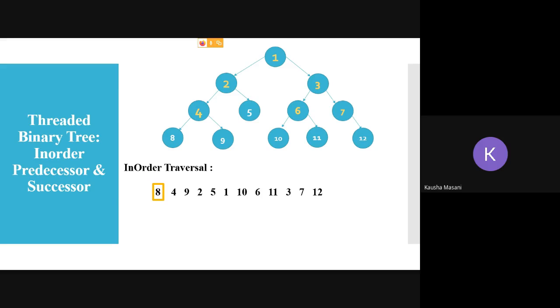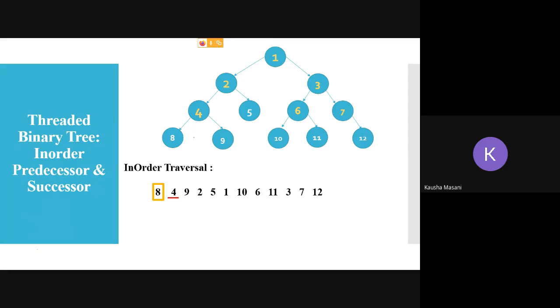Which is the in order successor? 4. Why 4? Because in your in-order traversal list, 4 is the value which is coming after 8. So 4 is the in-order successor. So while creating the thread, I will point the left of my 8 to 4.